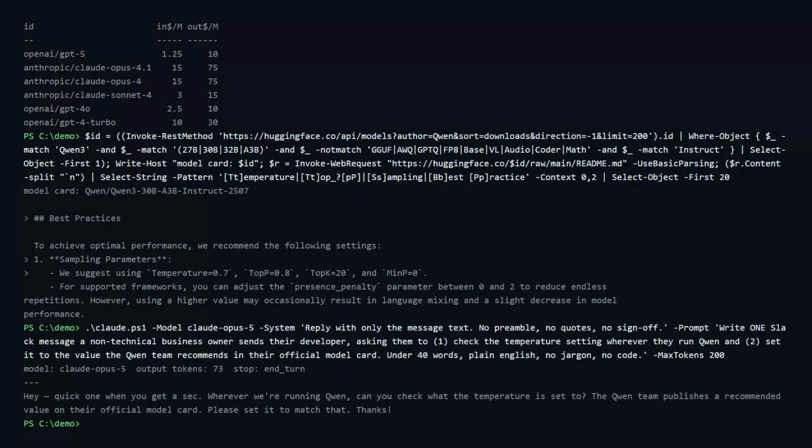Here is the message for anyone whose stack is run by someone else. I got Claude Opus 4.1 to write the least technical version I could get for a non-technical operator to send. Copy it, send it now. Quote,